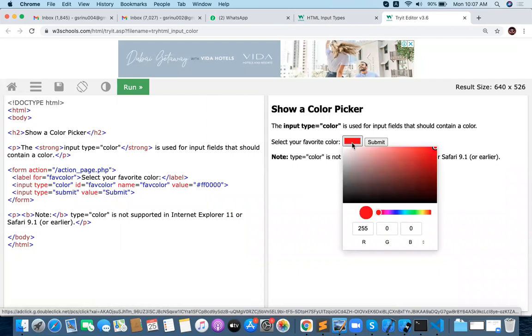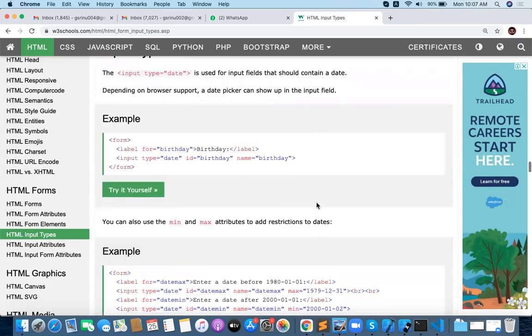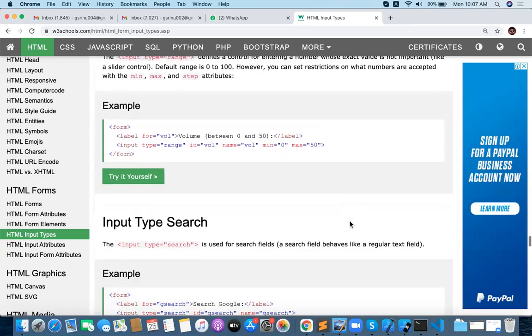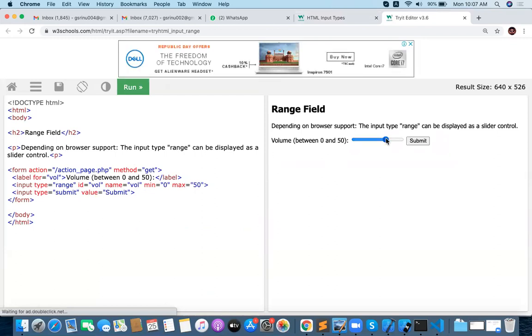If you want, you can choose the color of the input. And let me give you some input types that don't work with all browsers, like the slider, where you can provide a value.